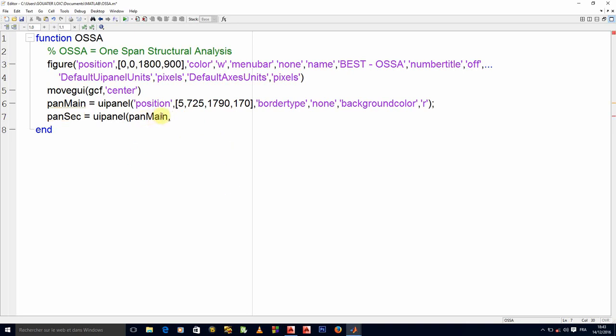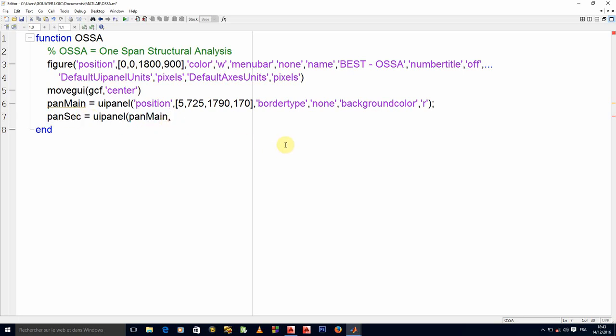When you start by a particular UI controller, MATLAB automatically recognizes that this widget right here is meant to be the parent of whatsoever you're trying to create this other way.